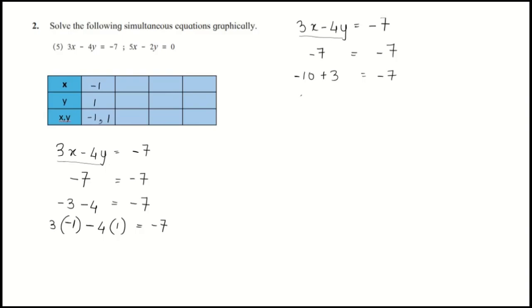We can also write this in the form of 3 minus 10 is equal to minus 7. Now writing this in the form of the equation, 3 into 1 is 3, this minus sign, 4, this 4 will come here, and 4 into how much will be 10? 4 into 2.5 will be 10 is equal to minus 7. After solving this, we will get total as minus 7. So here x is 1, y is 2.5. The point is 1 comma 2.5.